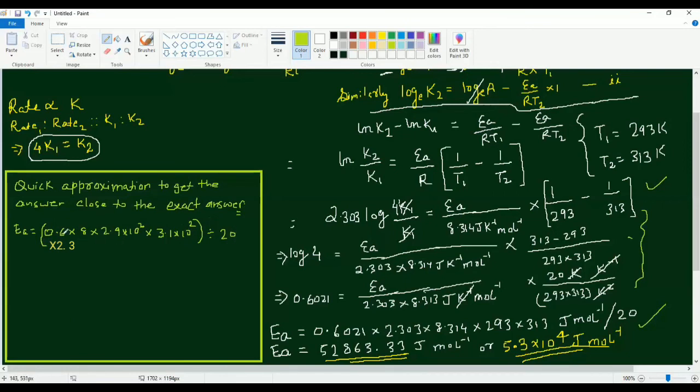Now you can give this 0.6 the value 6. And now this becomes near whole number values, which can be calculated. And roughly this value will come out to be 4.96 into 10 to the power 4. So this can be approximated to the integral value as 5 into 10 to the power 4 joule per mole. But use this sign. It is not the equal to sign. It is the approximation sign. Use this sign, and in the bracket you write approximately.